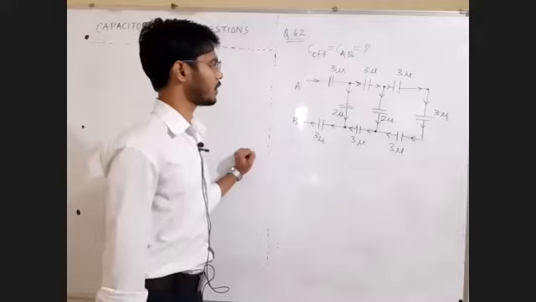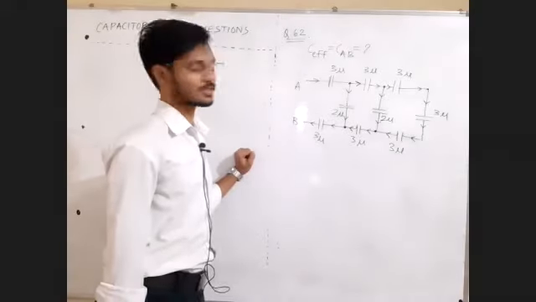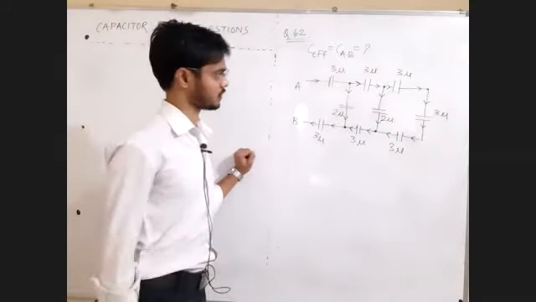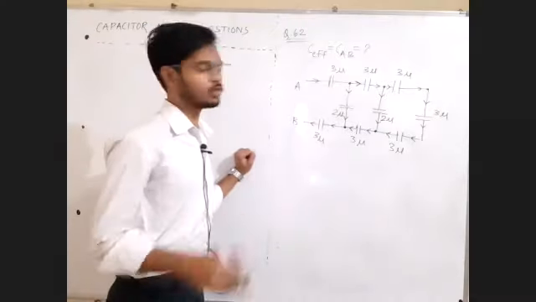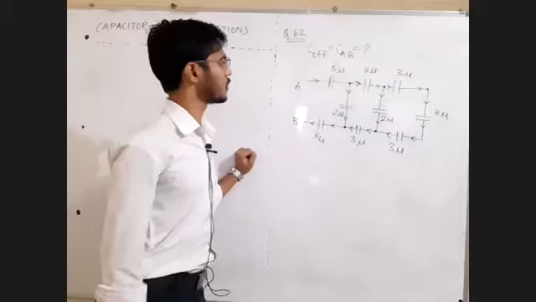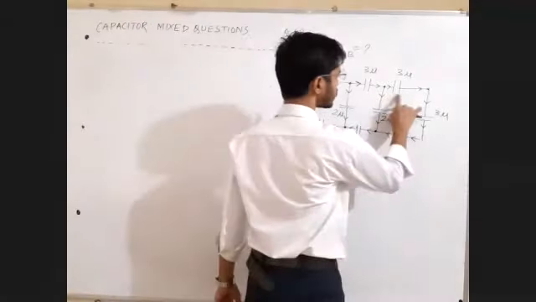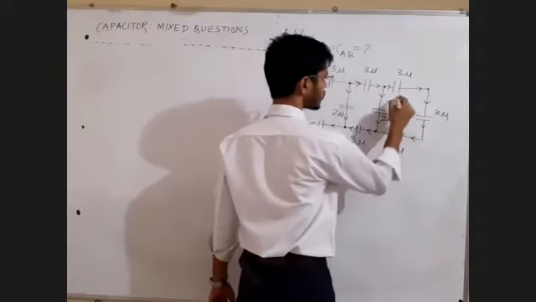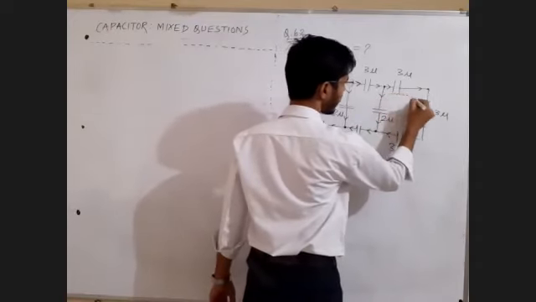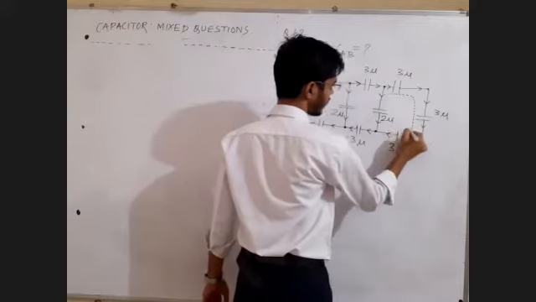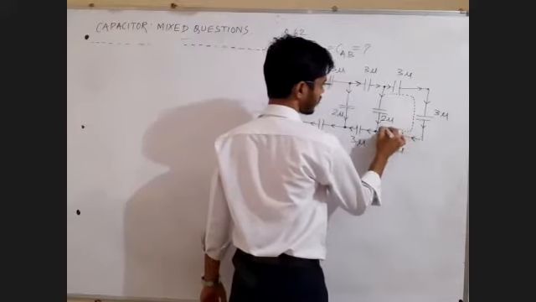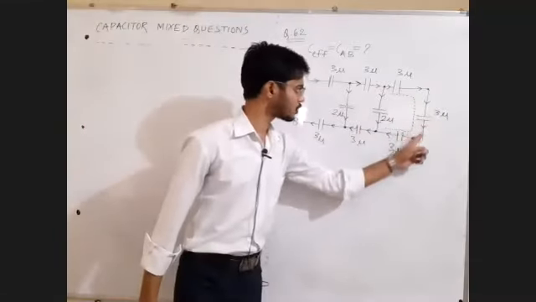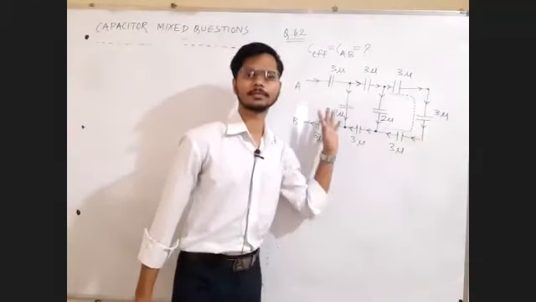Now identify the branches so that you can identify the series combination, and parallel branches will give you parallel combination. So here you should be able to observe these three capacitors are in the same branch. Reply to me in the chat box, yes or no. The same current is passing through them without splitting.